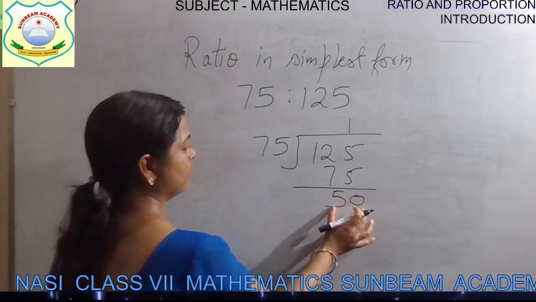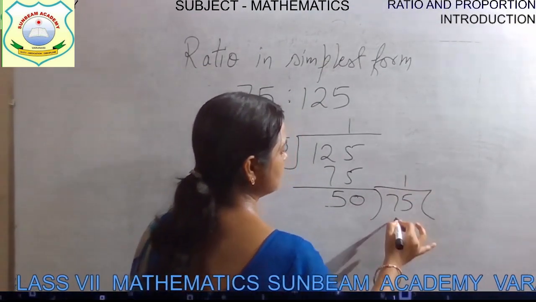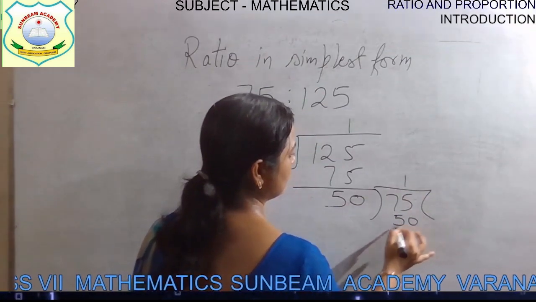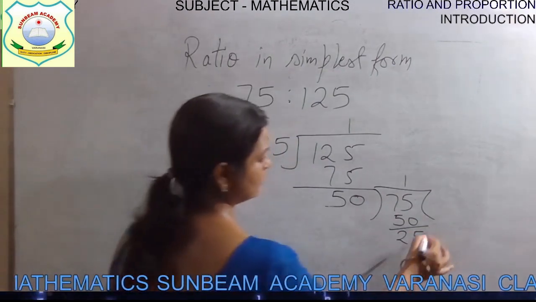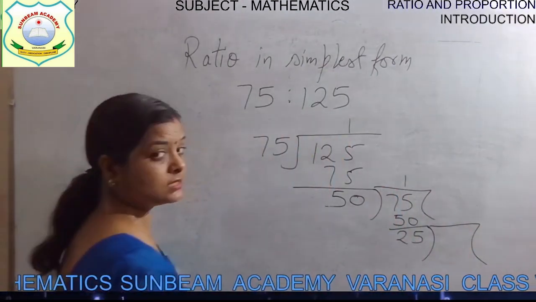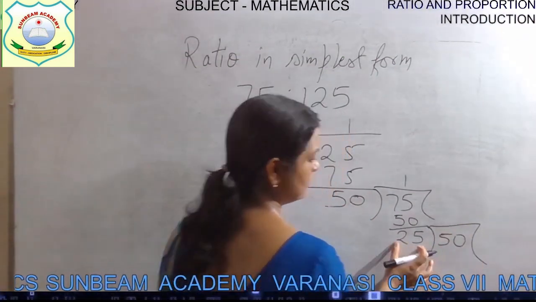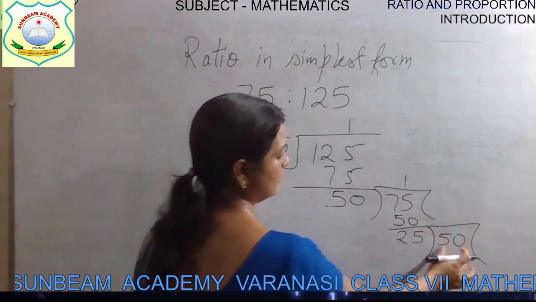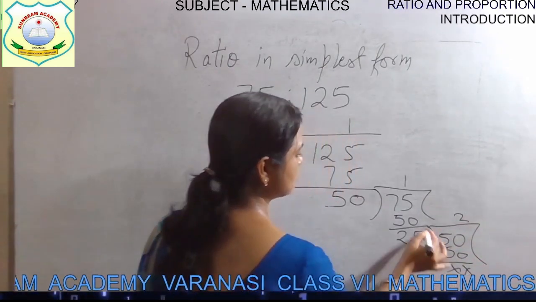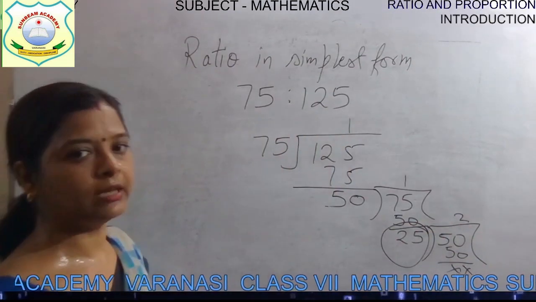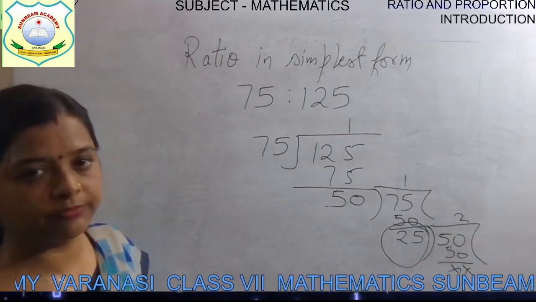Now this 50 will divide this 75. So 75 will come here. 50 ones are 50. Now how much is left? 25. And now the next one. We will keep on doing this till we achieve 0. So now this 50 will be divided by the remainder. 25 2s are 50. Now there is no remainder, children. So what will be our HCF? This one. 25 is now our HCF. This is the division method for finding the HCF. Clear?